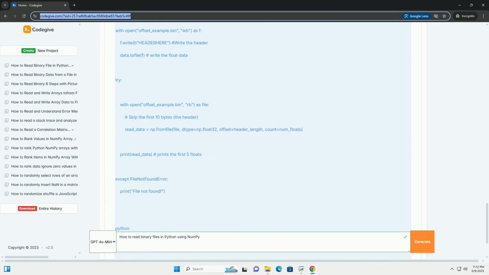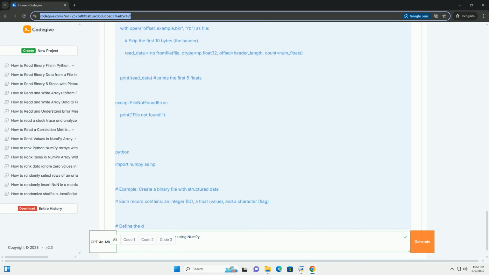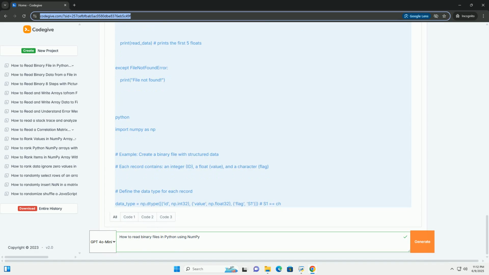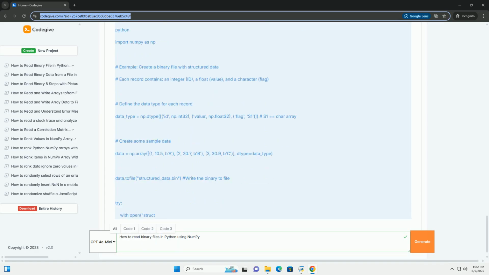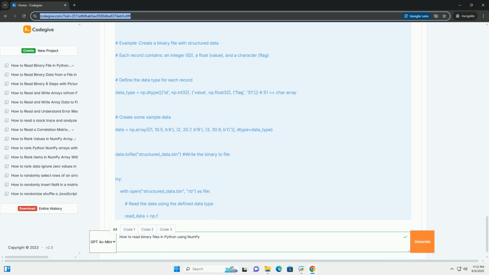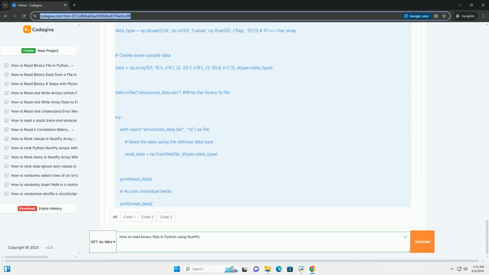The key challenge when reading binary files is knowing how the data is structured. One, data type: are you reading integers, floats, characters, or something else? Two, endianness: is the data in